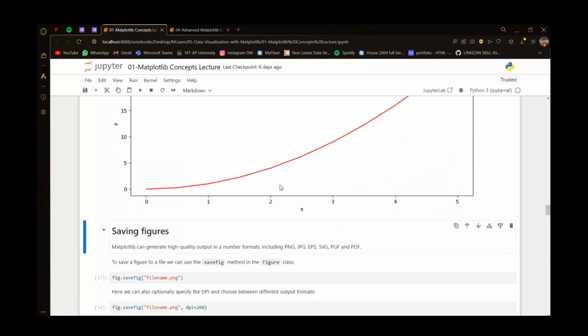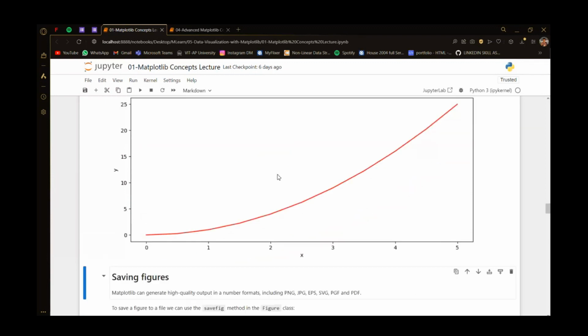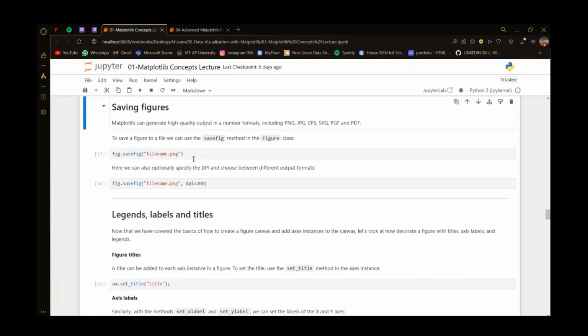Okay. Saving figures. Matplotlib can generate high quality output in a number of formats, including PNG, JPG, EPS, SVG, PGF, PDF, whatever. You can save your figures. This is a very pretty looking figure. I want to save it. How do I do it? I do it as fig.savefig